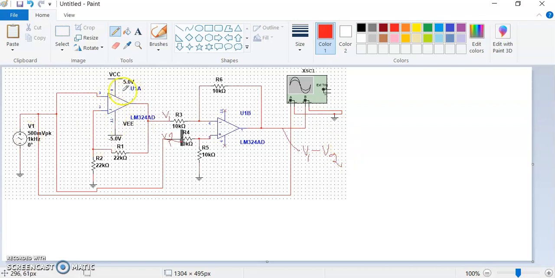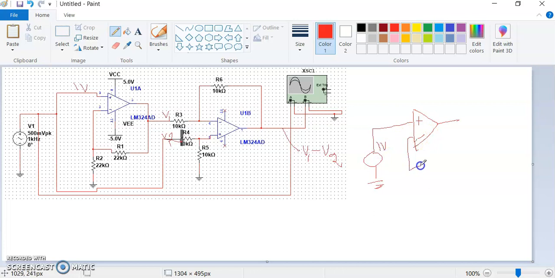This is a non-inverting operational amplifier. In this non-inverting operational amplifier, the input is given to the non-inverting terminal. This is our input. The input is 500 millivolts peak value, and the peak to peak value is 1 volt. So 1 volt is applied here. As we all know, suppose this is our non-inverting operational amplifier, our input is applied to the non-inverting terminal. So this is 1 volt peak to peak and the peak value is 500 millivolts.